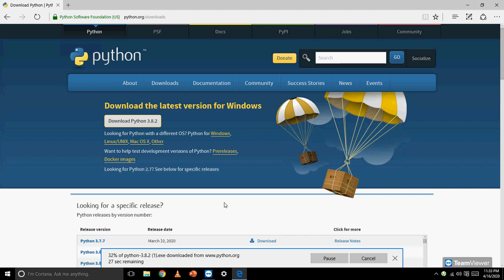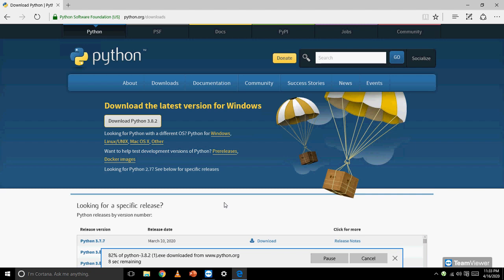So the exe file is downloading on my computer and it would take some seconds to have it completed. It's around 80% done already.